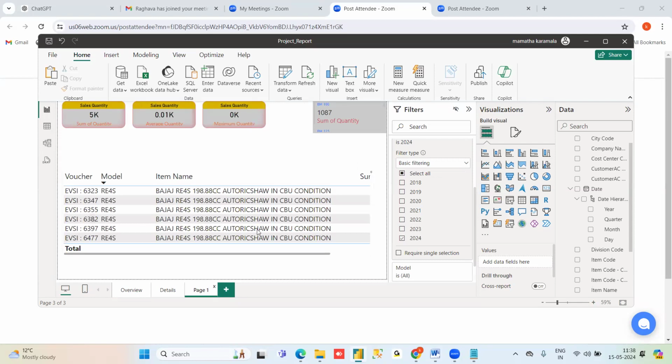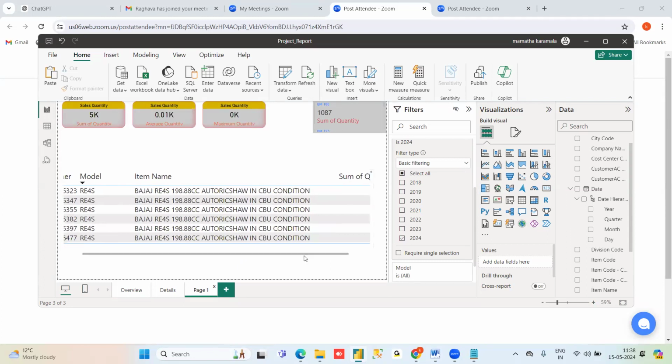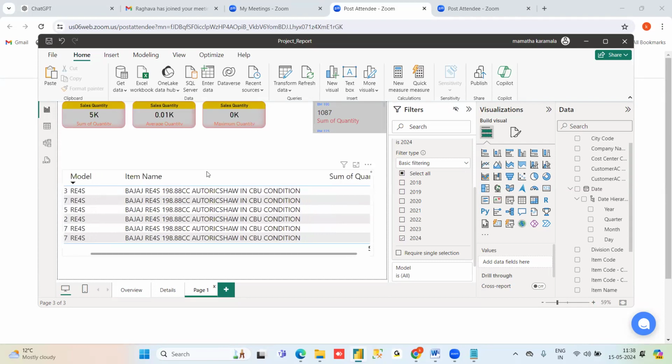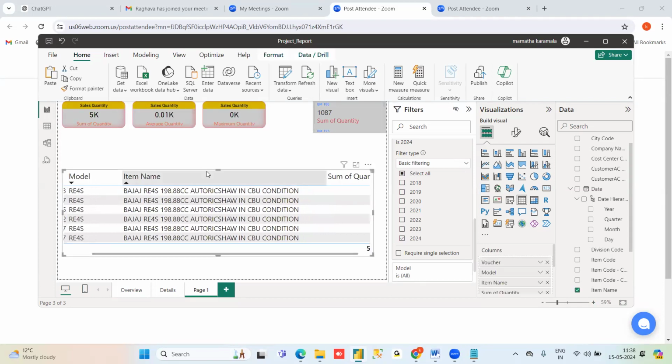Okay. So we discussed report level filters and page level filters. Then coming to the visual level filters. Here I want to show an example. I wanted to take year wise for this particular visual only. So what I will do,